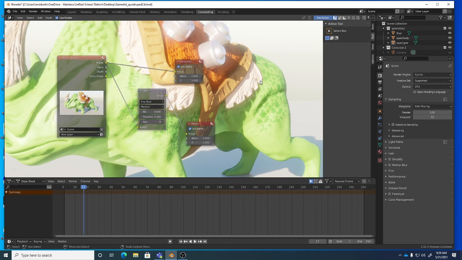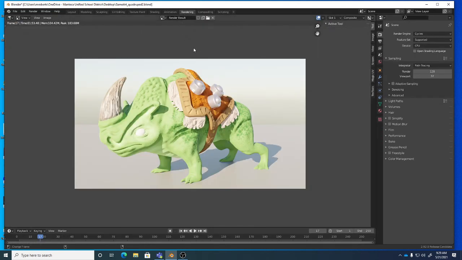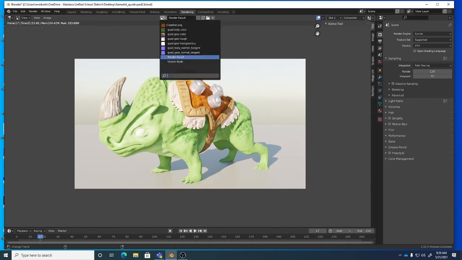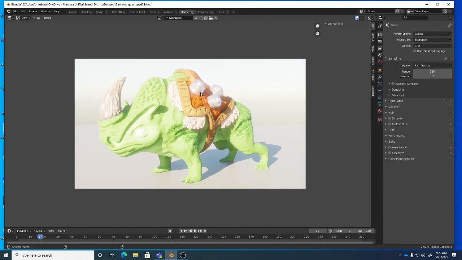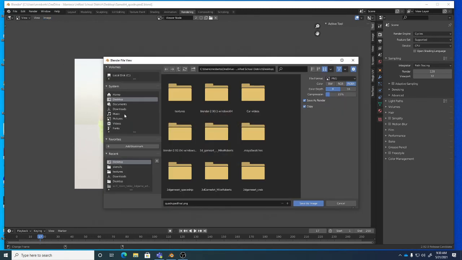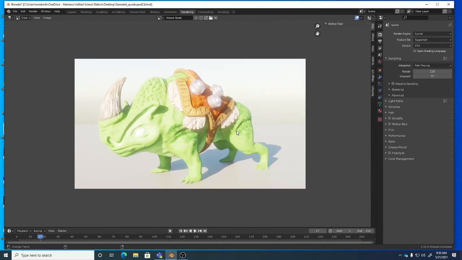And then if you like what you have here, you can go to rendering and you'll see it here. And you can click on this and go to Viewer Node and you can see the proper result. So see how there's Render Result, but then there's Viewer Node and you can see how the glares work. And if you had glow, you get the glow going. And then of course, what you could do is go to Image, save, and you can save it again as a new JPEG. And then you should actually have